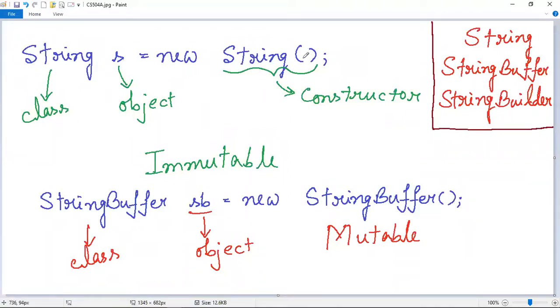Because we have not passed any values in the String class constructor. So this is the default constructor of the String class, which takes no parameters. If you want to create an empty string like this, you have to call this default constructor in this object creation statement. So this is the statement which will use the default constructor of the String class to create an instance of the String class with no characters inside it.